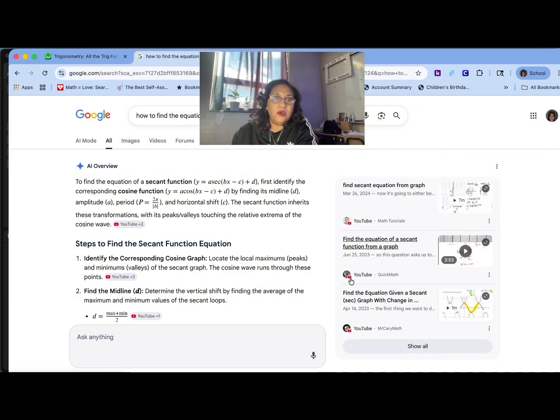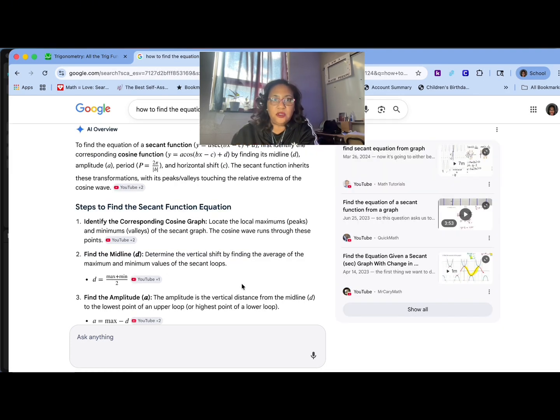Okay, so you have to use the cosine function as a guiding function, but there's all kinds of steps that you need to learn how to graph these functions. Sine, cosine is how you start. That's kind of like the parent functions. And then you have tangent, cotangent, secant, and cosecant, right? And you know that if you can remember the first three, then you can remember the second three, right? Anyway,